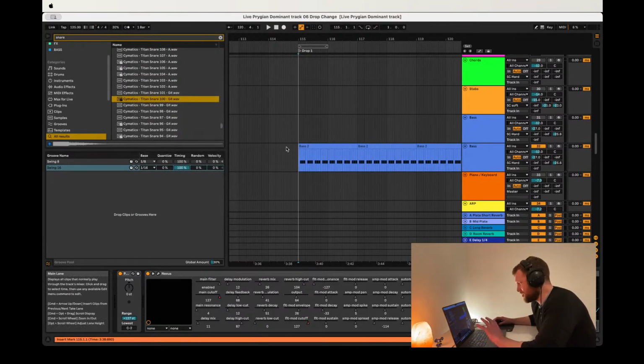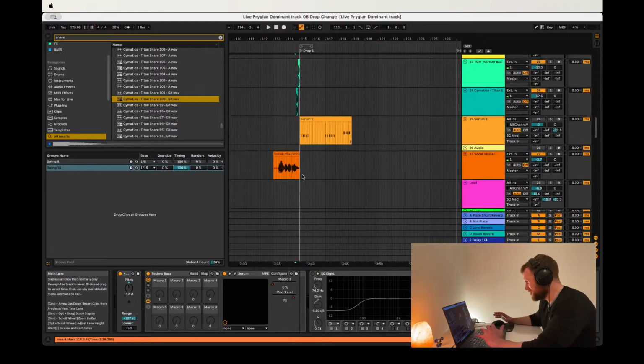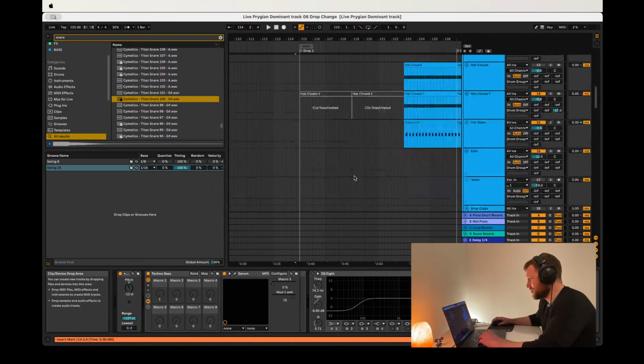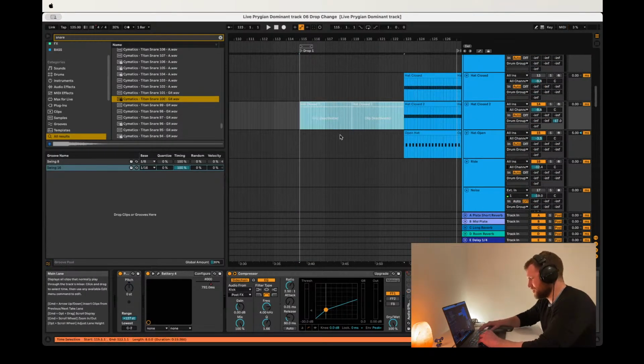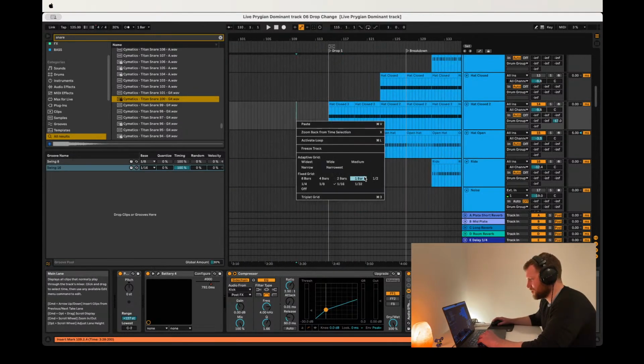I feel it's not there yet. I feel like there's something small that needs to change, and then it will become really big. Maybe the hi-hats, I don't know. I thought maybe it's better to be without them right now, but